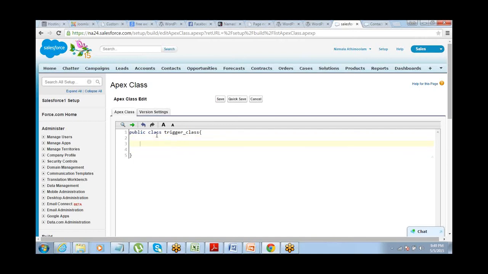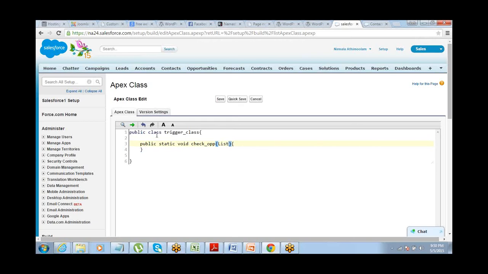Then inside this, what do we need to do? We need to create a method, right? So this should be a void method. Check op, whatever. This is a method name. It's a void method. And inside this method, as I told you, define a parameter.